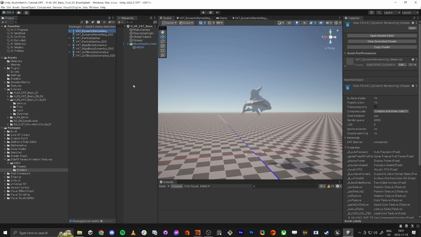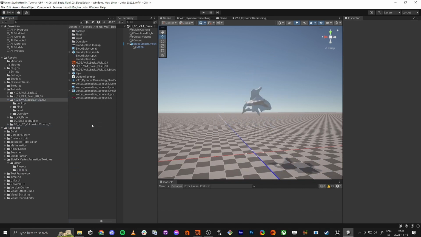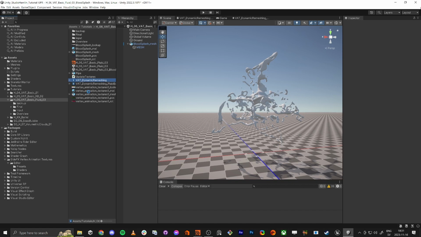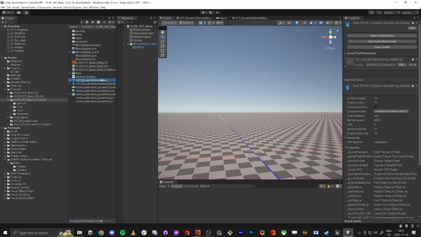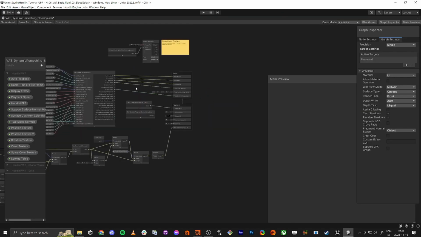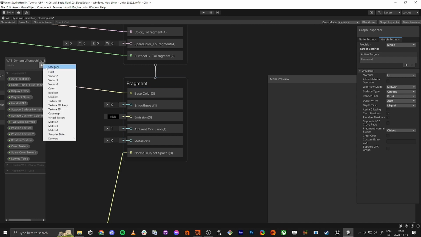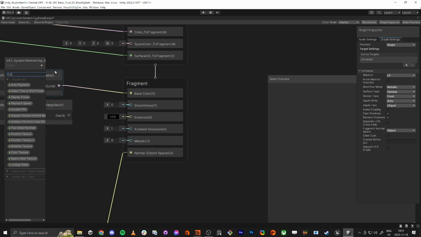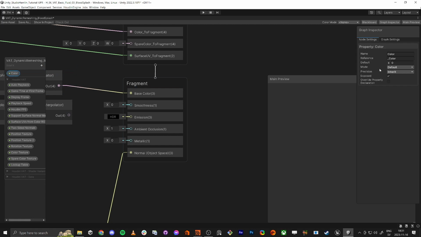If we copy this one and we put it here, and we name it blood splash, then we can just open this shader, and in the base color, we just add a color, and we're going to make sure that this color is mode